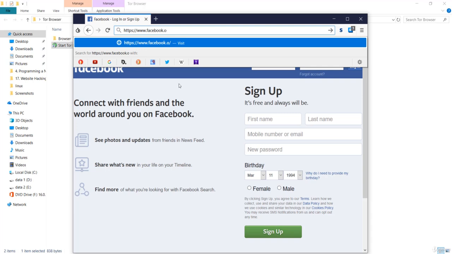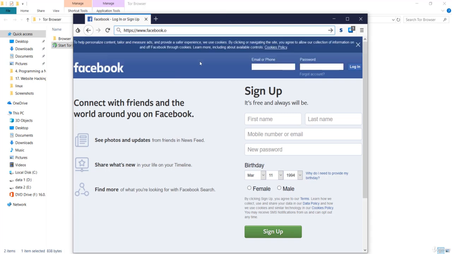Let me open some of these websites. Before that, let me see what is over here. At the left-hand corner, you'll see that we have this onion sign. Let's click on that symbol. You'll see the options that pop out, saying New Identity, Security Settings, Tor Network Settings, and Check for Tor Browser Update.